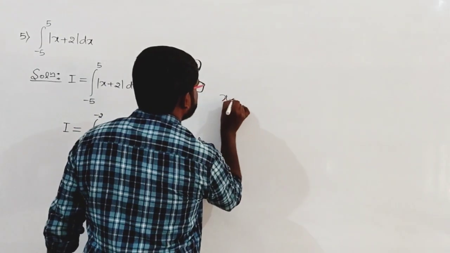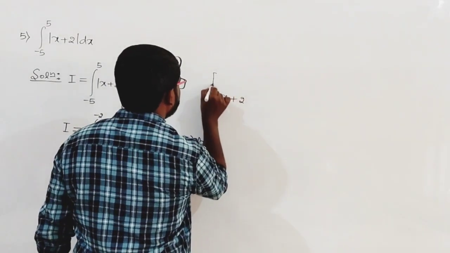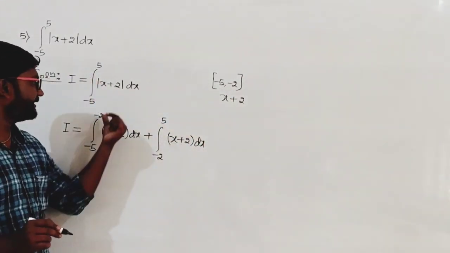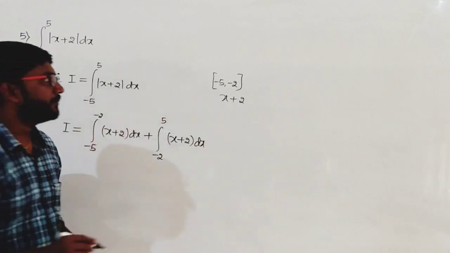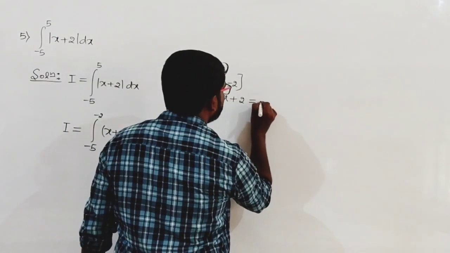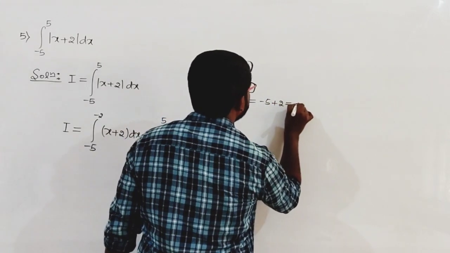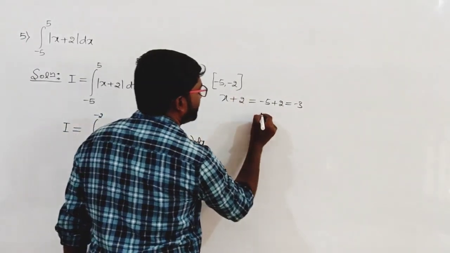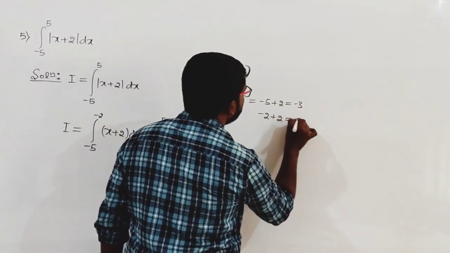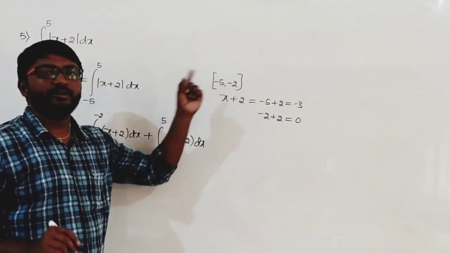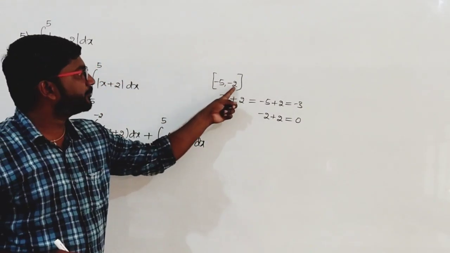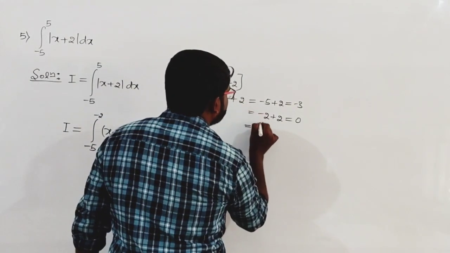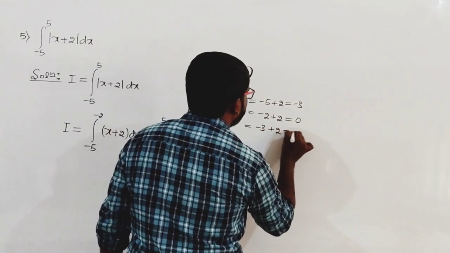So I will be taking x plus 2. Now the interval is minus pi comma minus 2. I am taking the first interval, the closed interval minus pi to minus 2. Substitute both the values here. Minus pi plus 2 is negative. Then now I take minus 2. Minus 2 plus 2 will be 0. Now you take an in-between value. It is a closed interval, so we can consider the end points as well as an in-between value. So I take minus 3. Minus 3 plus 2 will be minus 1.